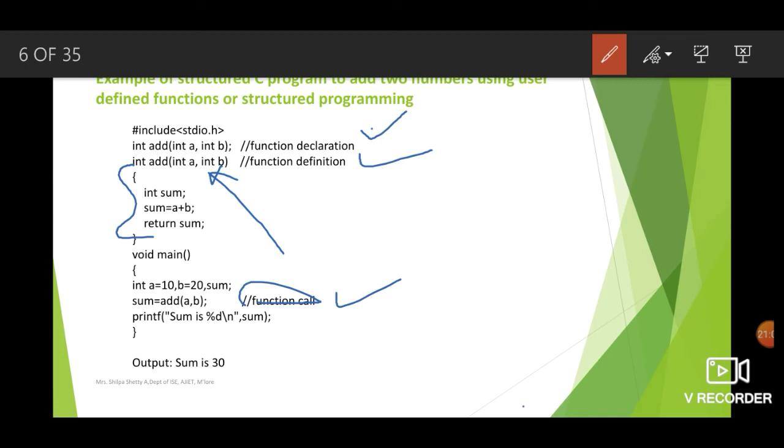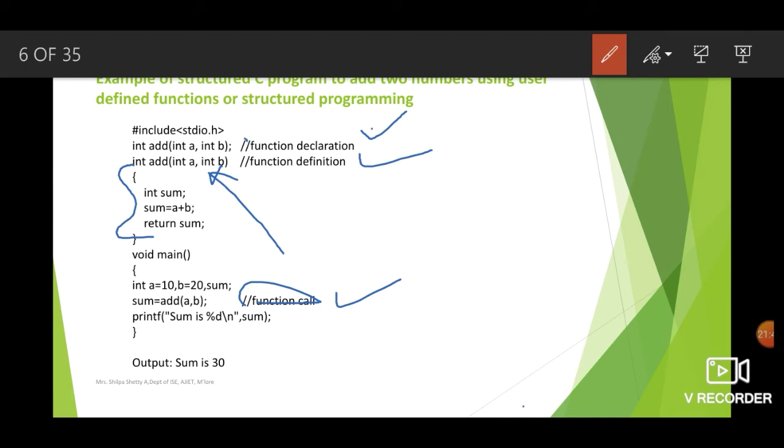That is called function declaration, and the function declaration is the same as the first line of the function followed by a semicolon. So what is the first line of the function definition here? Int add int a comma int b. The same thing should be written before the function definition. Whenever we have to use any variable, we need to declare it and then use it, not use it and then declare it. In the same way here, if you are using a function, it has to be declared before it is used. It is the same as the function definition's first line, which is called the header line, but it should end with a semicolon.